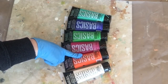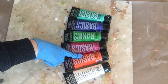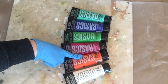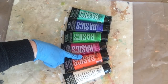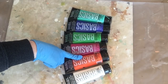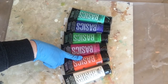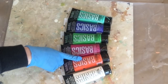I love metallics, especially when I add the resin over the pours, and I love pouring on tiles, and I'm going to make a set of coasters today, and I love using metallics, and I usually tend towards the Golden metallics. I like the Golden brand when it comes to metallics. They tend to stay really vibrant when I pour them. But today I'm going to kind of branch out and just take a wild chance, and I happen to have some